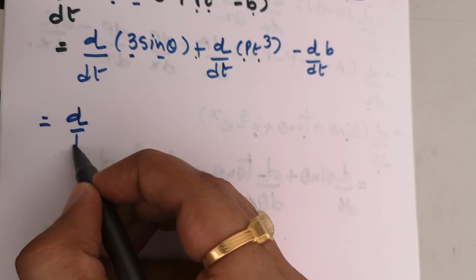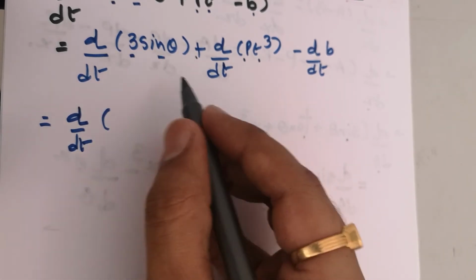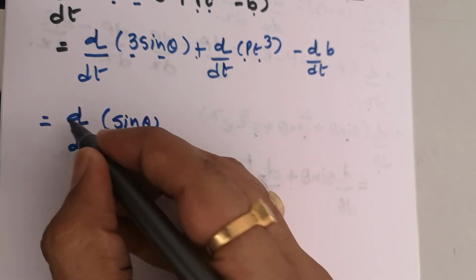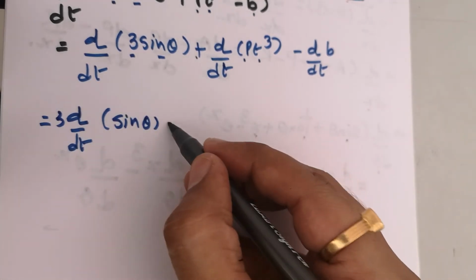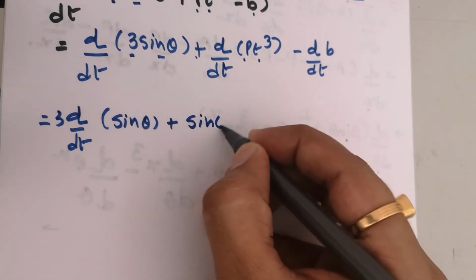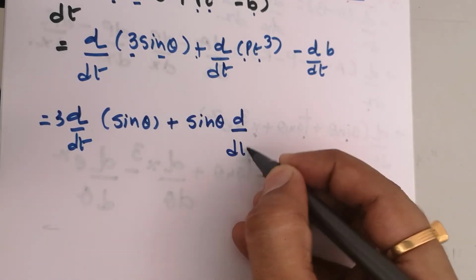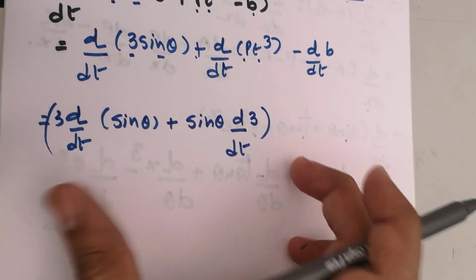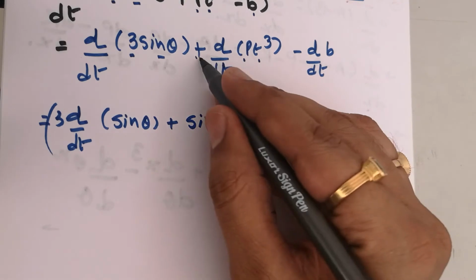So we can have d by dt. Which do you want to give first? Let's say I want to give sine theta first. Okay, so t cubed is outside. Now sine's turn is over, and now it is the turn of t cubed. So now my sine theta is outside, d by dt of t cubed. So you can say that from the single term we have applied two terms. Now it is the turn of plus.